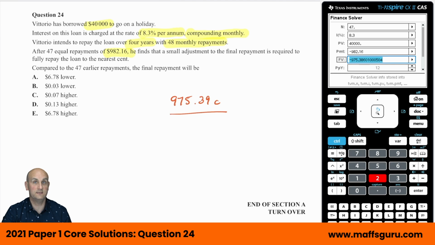interest as well. All right, so we've got to be careful there. So I'm actually going to work out 48 payments to work out his final value, he's going to overpay by 0.02757. So he's going to overpay by 3 cents. Right? So in fact, once he makes that final payment, that 48th payment, he should realistically pay 3 cents lower. So I'm going to go B is my correct answer. All right, so the final repayment will be 3 cents lower.